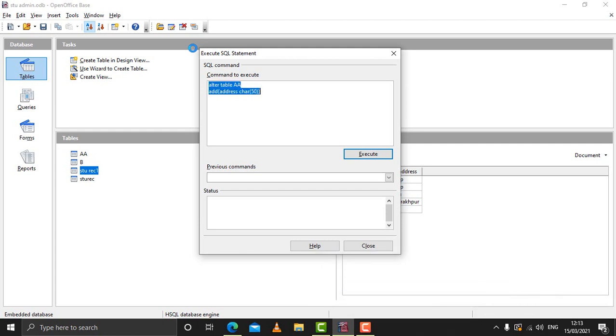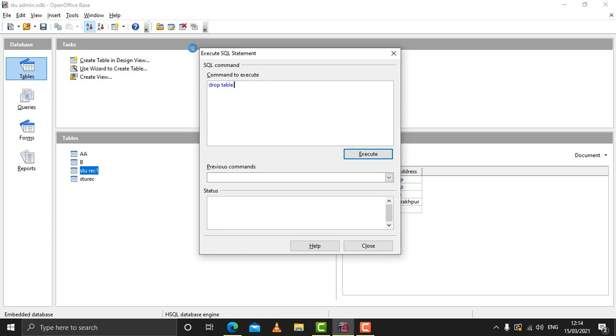So the next command is the drop command. If you want to remove a table from the database, that means if you want to delete all the rows and columns from the table and the table itself from the database, the drop command is used. So if you want to remove a table from the database, you can use the drop command, and the format is drop table, and then the name of the table which you want to drop.